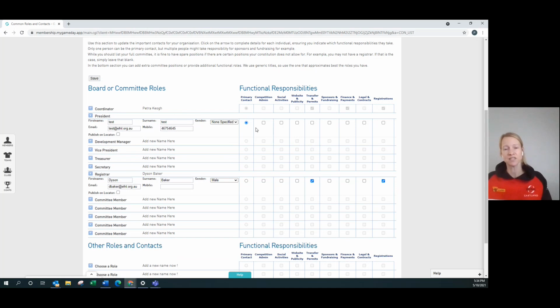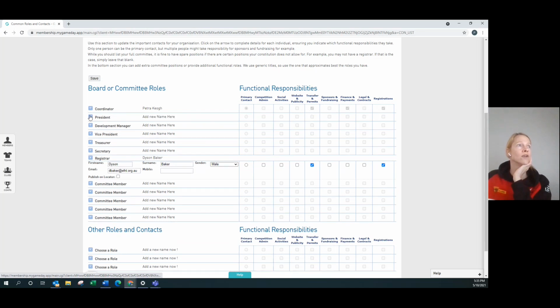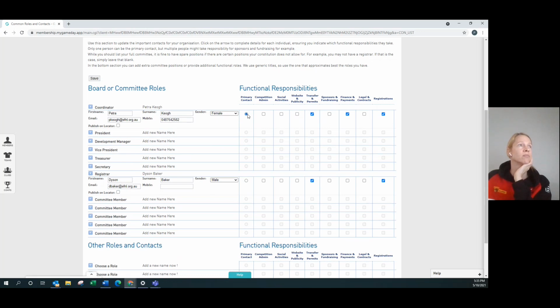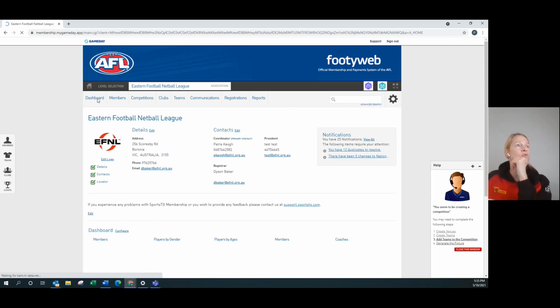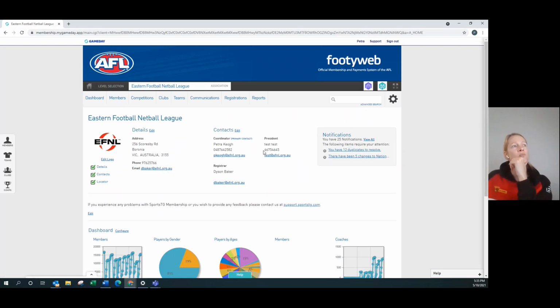So you can edit this at any part of the year. If the president decides that he doesn't want to be the primary contact anymore, we can actually just remove him by adding it to someone else. So we're just going to give it back to Petra, and I'm going to save. When I go back to my dashboard, you can see our new president appears over here. So if I go back in,